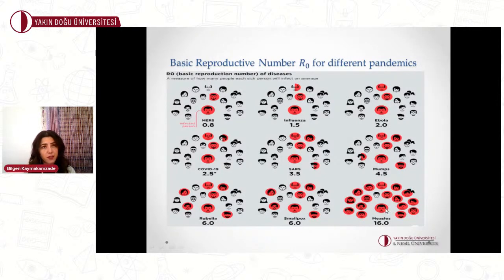And if we check the measles here, the basic reproduction number R0 seems to be 16. So it means that one person will infect around 16 persons. This number is huge for us. So still for measles, we have a pandemic, and similarly smallpox as well. And if we check COVID-19, which we are fighting these days, it is around 2.5. So still we have a pandemic, and one person can infect around 2 or more persons.